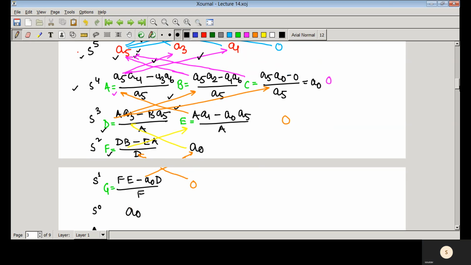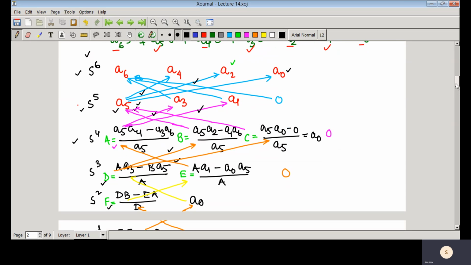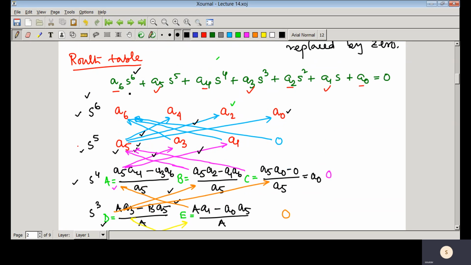And we'll stop here because this is that a0, the lowest term in that polynomial, and this is the method we need to follow. So let me repeat once again. Whenever you have a polynomial like this, you just need to